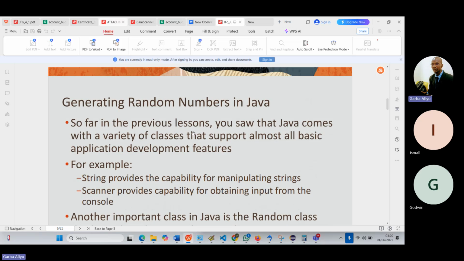So far in the previous lessons, we saw that Java comes with a variety of classes that support almost all basic application development features. There are a lot of classes that Java provides. If you remember, we used Scanner. Those are classes as well. Even Object and the rest, like String, also is a class. String provides the capability for manipulating strings, which is a class that allows us to manipulate strings, which we have seen how we can get